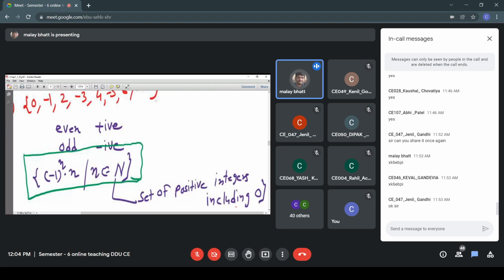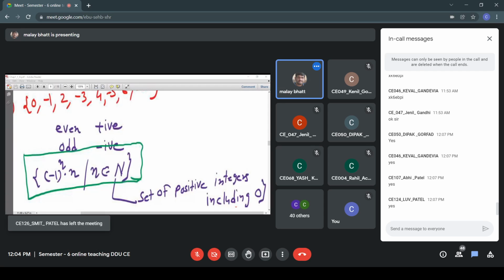So is the first example clear? This is how you will understand that even though we know set theory very well, it is not easy to represent the set in the form of an equation. Is the first example clear? Right, this is from your exercise. We are taking very interesting exercises, right? So we will get different practice, representing the infinite set in the form of a mathematical equation. Okay, so let us proceed further.